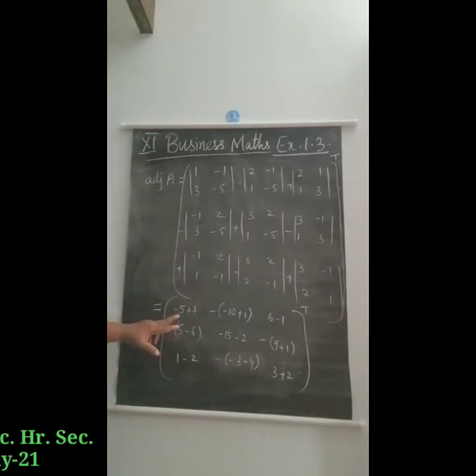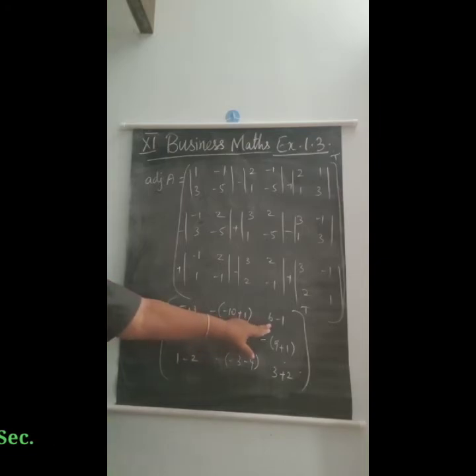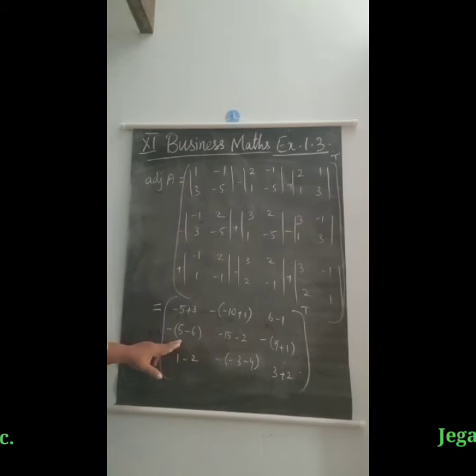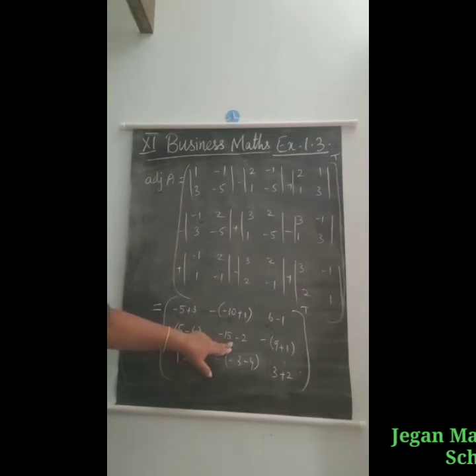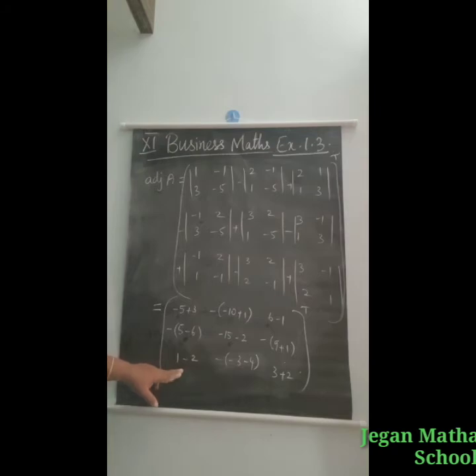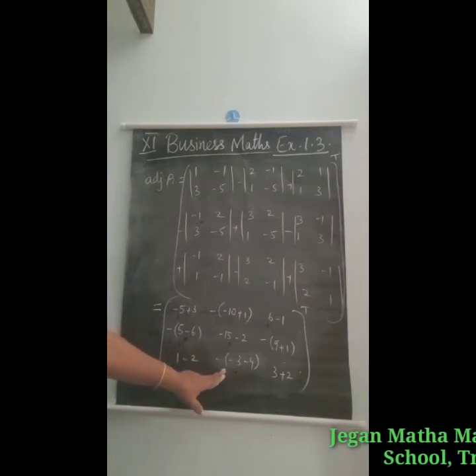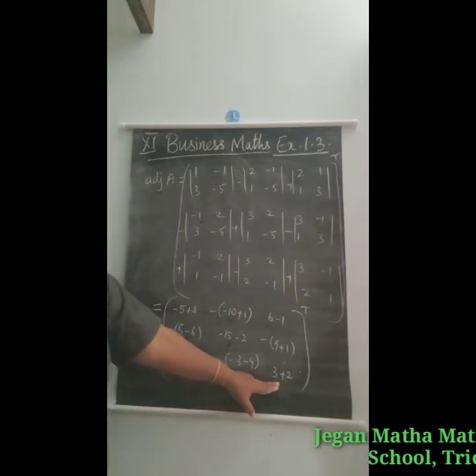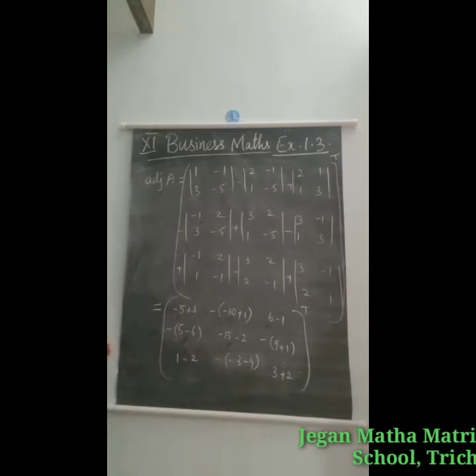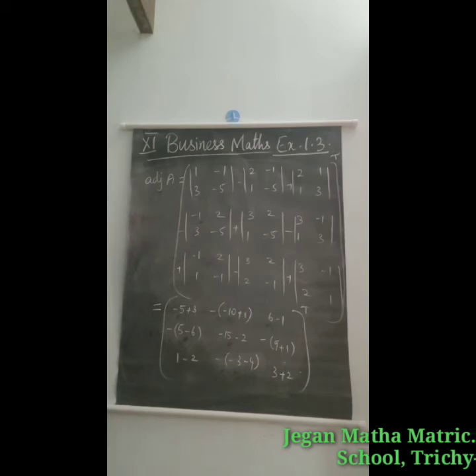First one is minus 2. And the next one is here minus 9. So minus of minus plus 9. And here for 6 minus 1, 5. And here minus 1 and plus 1. Here minus already there, so plus 1. And minus 17 here. And then here 10, 9 plus 1, 10. Minus 10. And here minus 1. And here minus 7. Minus of minus plus 7. And 3 plus 2 is 5. So we have to take the next step.